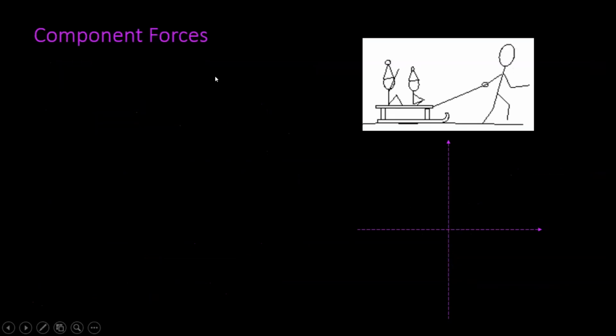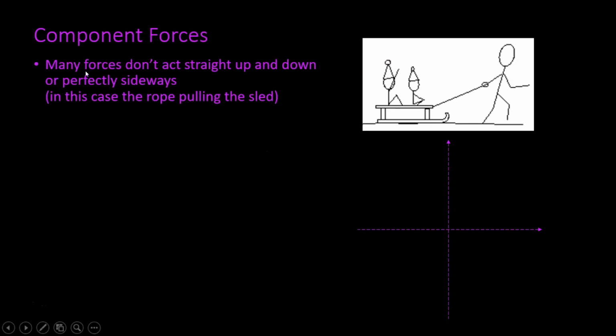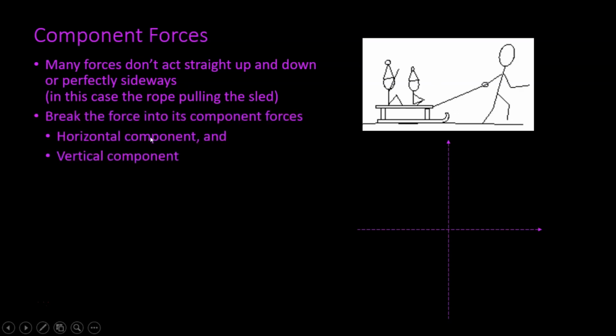Finally, let's move on and talk about component forces. So many forces don't act straight up and down or perfectly sideways. In this sketch over here, that's the case with this rope. Notice that the person is pulling the rope up and to the right, so it's not perfectly horizontal and it's not perfectly vertical. When that happens, the force is acting both up and right, and we can break the force into its component forces. Component just means parts. So we're going to break this force that's going up and to the right into its horizontal component,